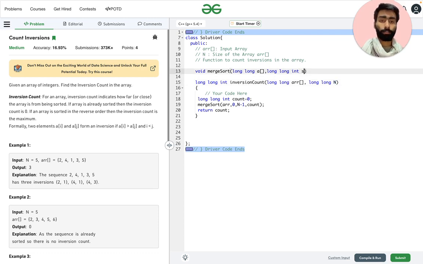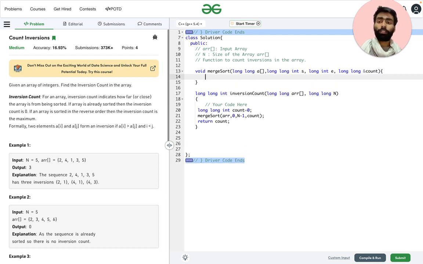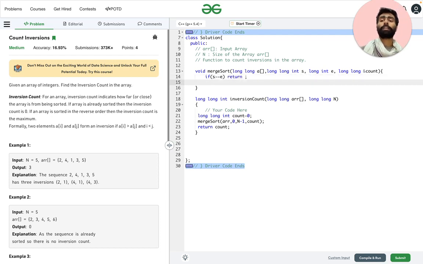First we will pass the start index, then the end index, and a long int count. Now we need the base case. The base case will be if the start index becomes greater than or equal to the end index, then we return, else we continue doing the merge sort.